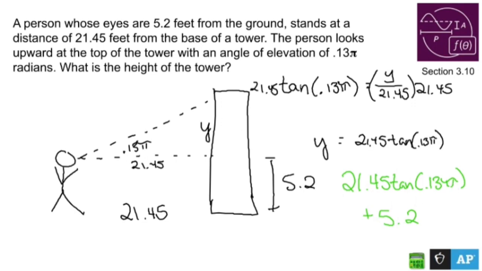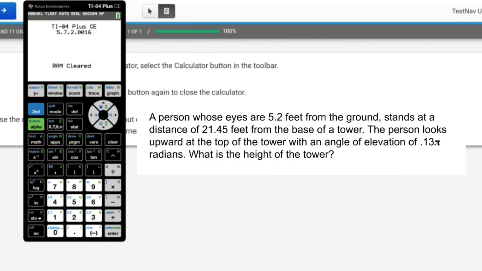So let's do that. All right, so we did all the heavy lifting on the Google slide video part, whatever you want to call it. So now all we have to do is type that out. 21.45 tangent of 0.13 pi. Close the parentheses. And that gives us the height of the tower without the person's height. So let's add the person's height to it. And that gets us